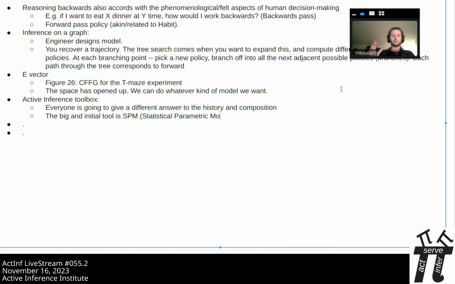That would be my proposal for a grandmother software package for how to do active inference. This should be the gold standard, in my opinion.